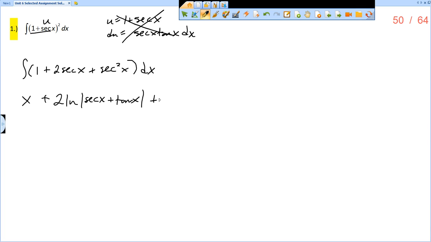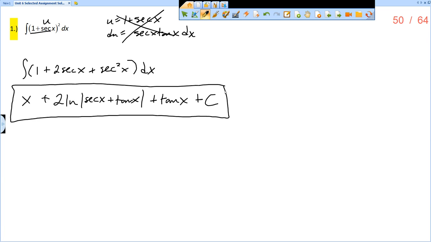That's an old rule from section 6.2. That would be tangent x. And then, of course, plus c. So this one, yes, obviously starting it off, you have to multiply that out. But then it's just really a memorization quiz thing. All right, so that's